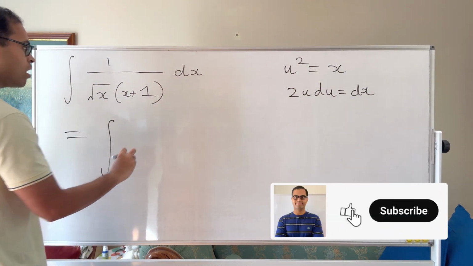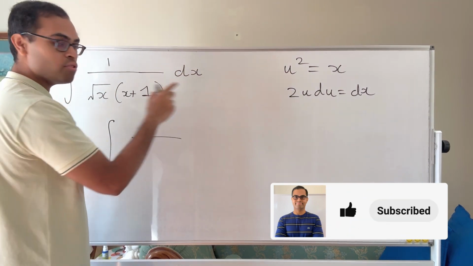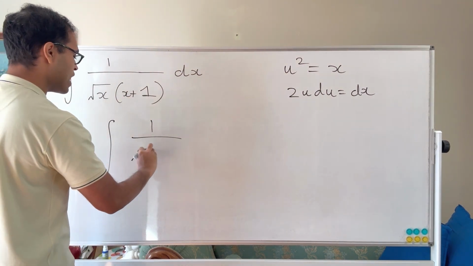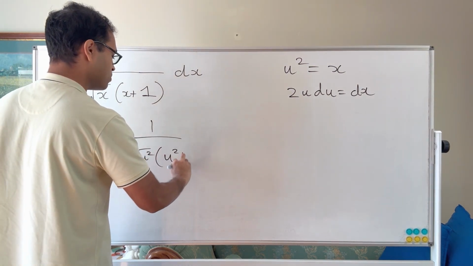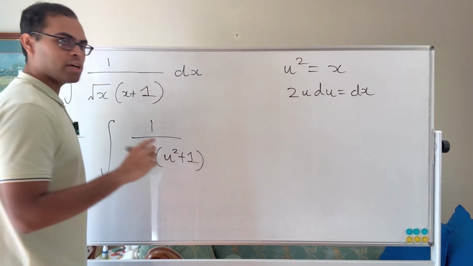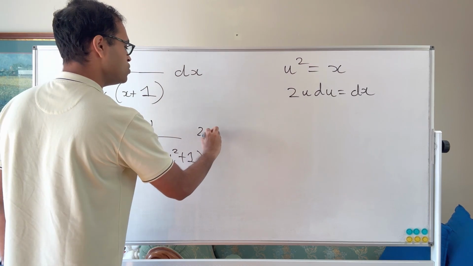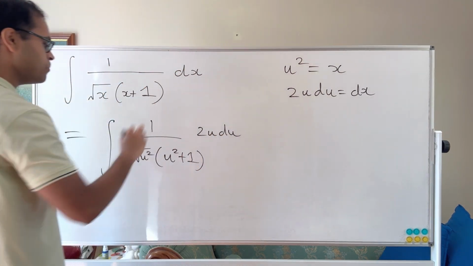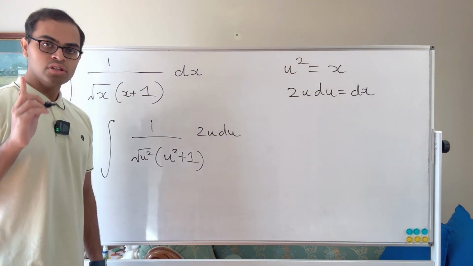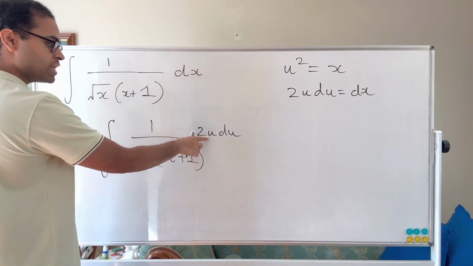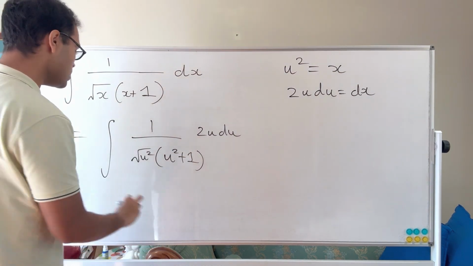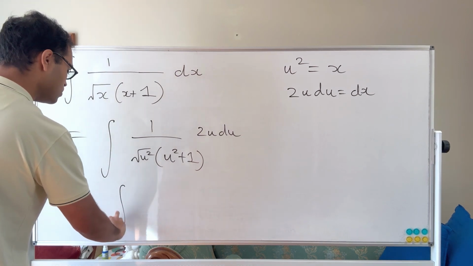So we get the integral of 1 over the square root of x, right? The square root of u squared, times x plus 1. So x plus 1 is going to be u squared plus 1, and this is going to be multiplied by dx, which is going to equal 2u du. Okay, that's what it's going to be. And now you see something cool. The square root of u squared is going to be u, and that's going to cancel with the u up top. Okay, so we're going to get 2 times,